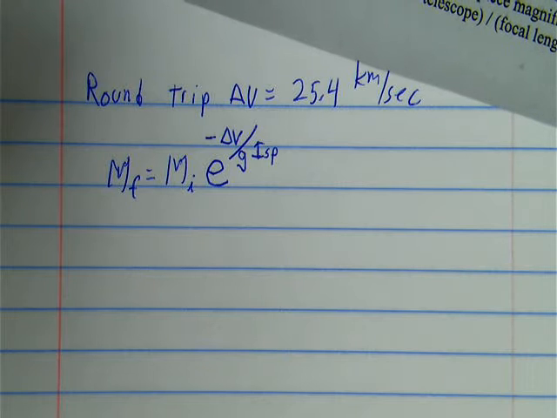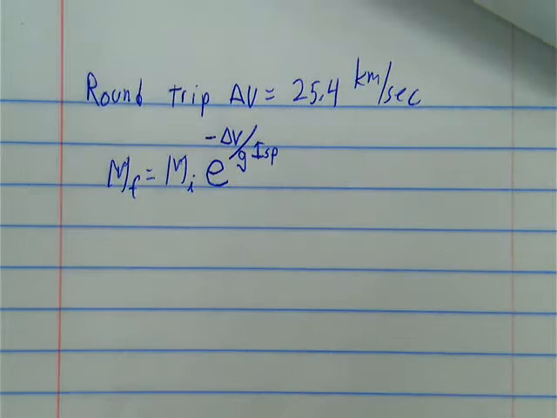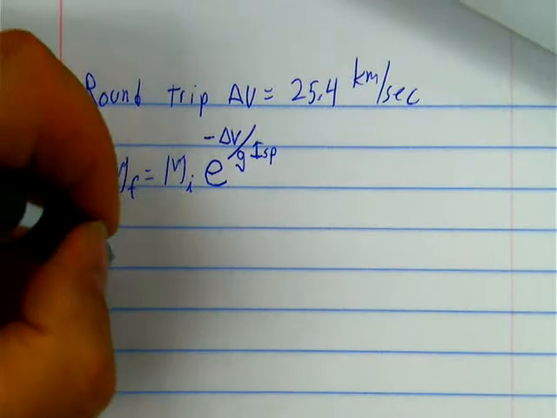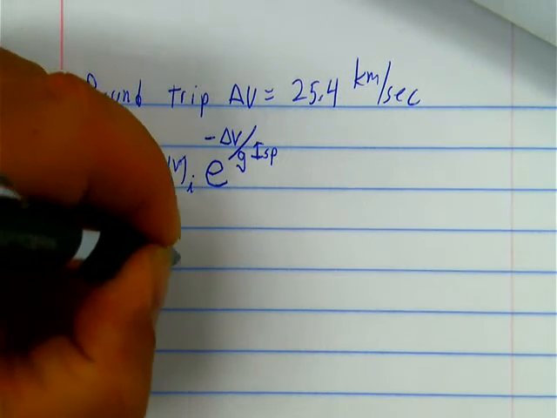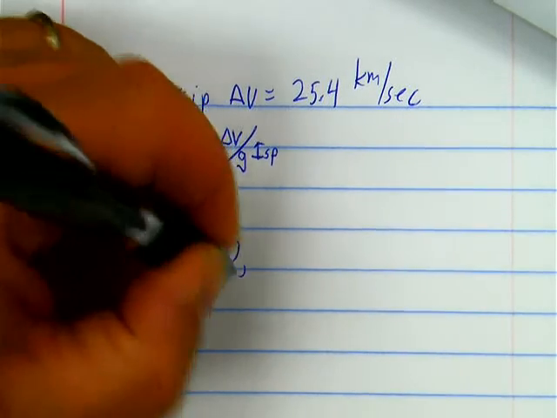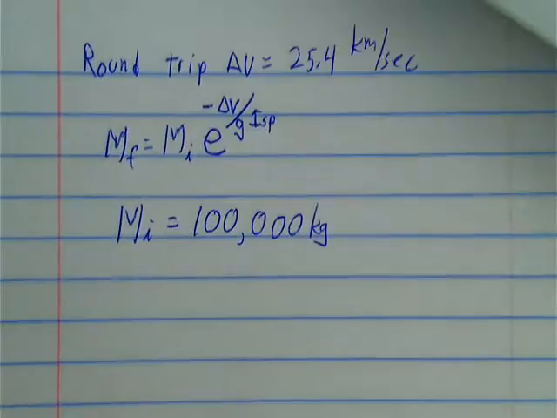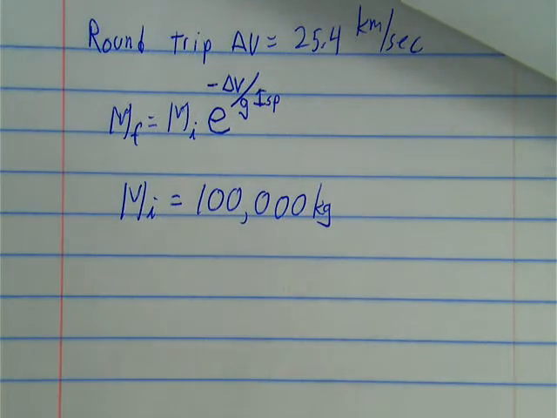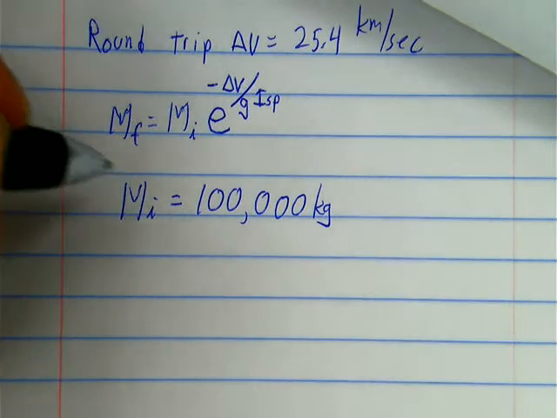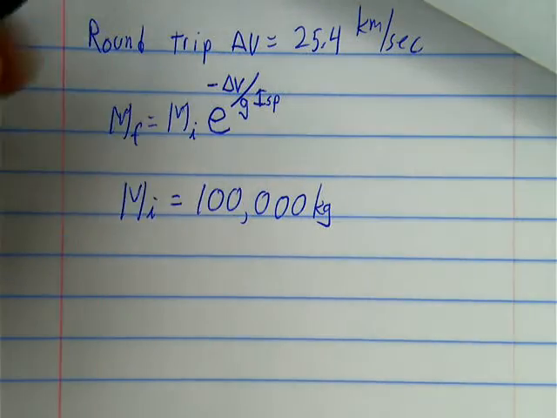So let's say I start off with a 100,000 kilogram rocket. I'm going to just make up a number and say I have a rocket, and this is considered, you know, not a small rocket. It's not a little Estes rocket. So if I start off with a 100,000 kilogram rocket,